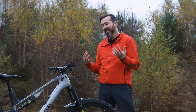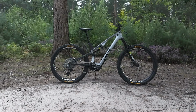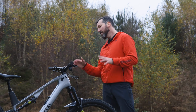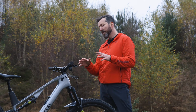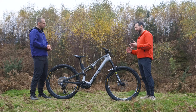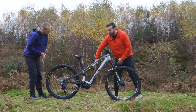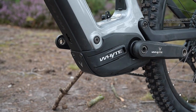I got exactly the same impression from it. So this bike is the 8,000 pound bike, so it's $2,000 cheaper than the top end bike. Exactly the same frame though, full carbon frame and with adjustable geometry. But the key thing that they've done that I think is amazing is they put the charging port right on the front here. So when you do bolt in that 250 watt-hour PowerMore range extender from Bosch, there's a